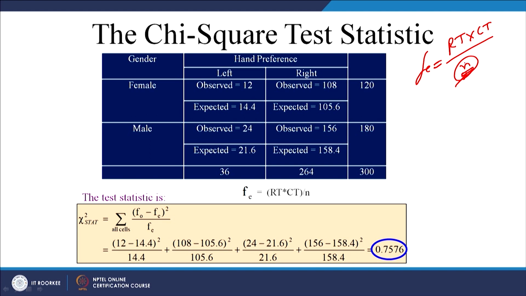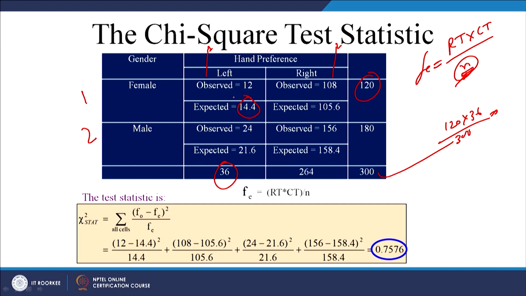So, here there are two rows, first row, second row and two columns, first column and second column, right. So, row total is 120, column total 36 divided by 300. You will get expected frequency 14.4,